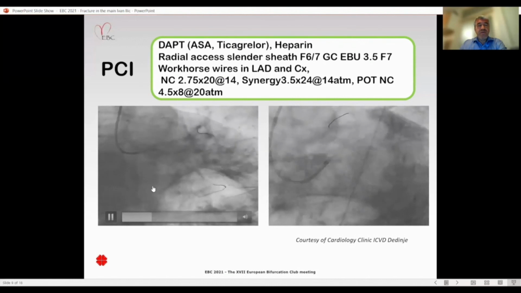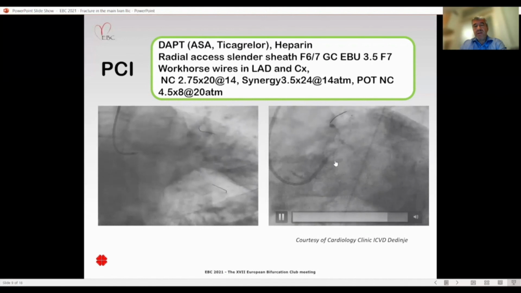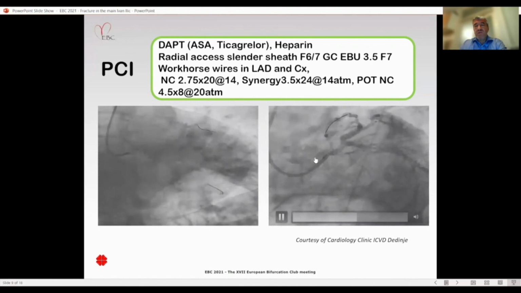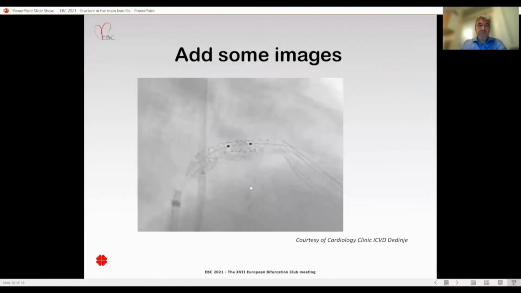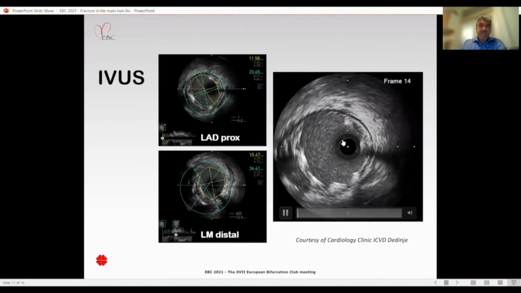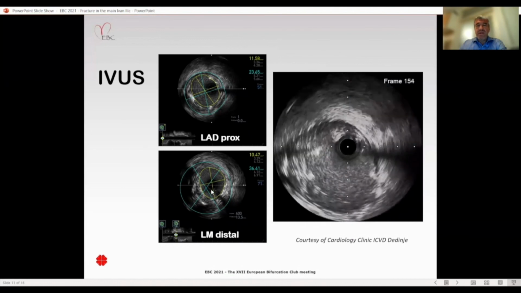We used a provisional strategy, but there was a sluggish flow and an incomplete opacification in the left main, pointing towards something not being okay. We decided to do stent boost, and unfortunately, based on this image, you cannot easily discern whether this is stent distortion, fracture, underexpansion, or breakage. So we decided to do IVUS. Despite relatively preserved lumen and diameters,